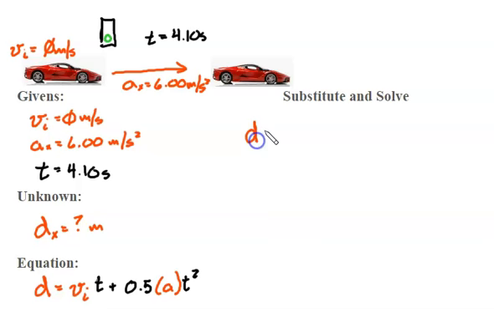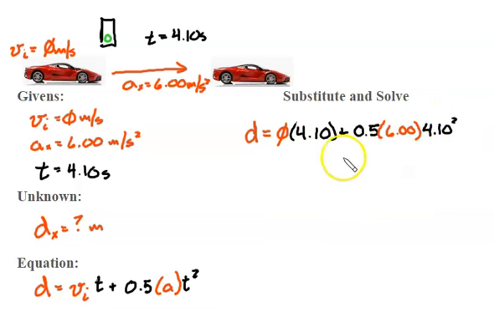So I'm going to replace numbers for letters. D equals 0 times 4.10 plus 0.5 times acceleration, which is 6.00 times time squared, when time is 4.10 squared. Now any number times 0 cancels, so this all blows up, leaving us with D equal to 0.5